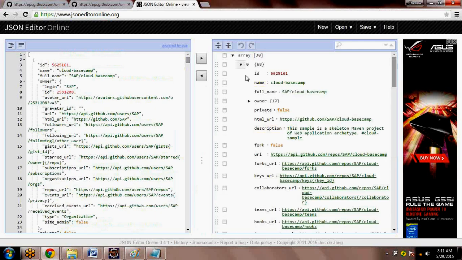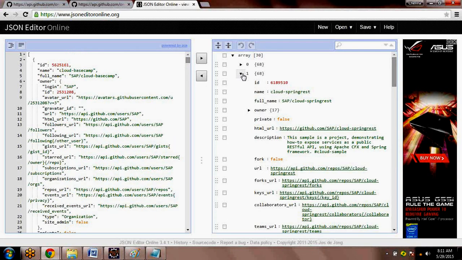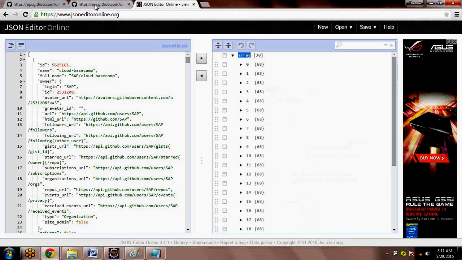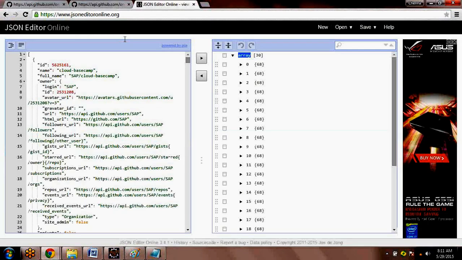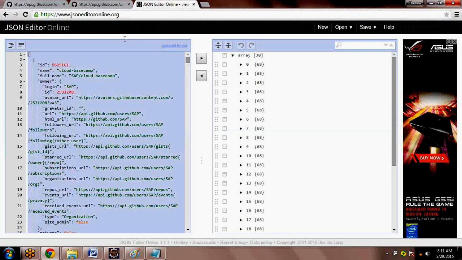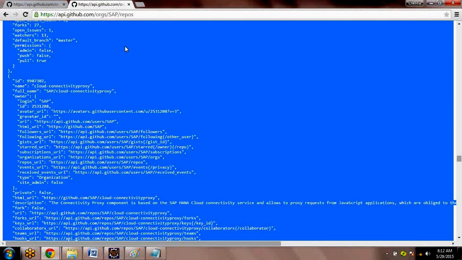Then parse it, and it will show clearly what is there in array 0, array 1, array 2. If you look at this smaller one, you will understand more. If you don't know what it is, put it here and parse it. Look here, these are the things. There is an object, and that object has 22 fields. In JSON, everything is a key and value. These are the values. We'll see that again.